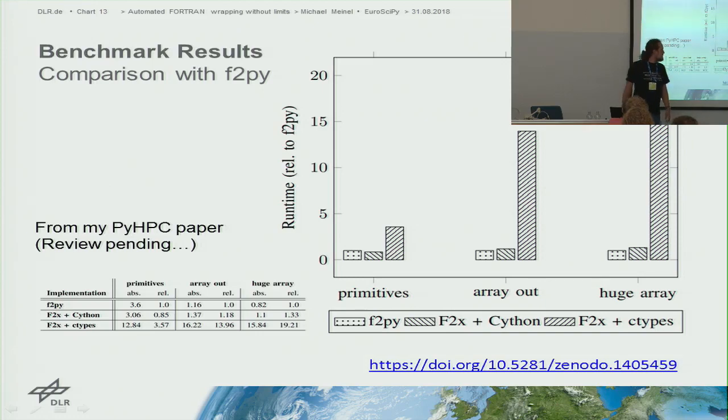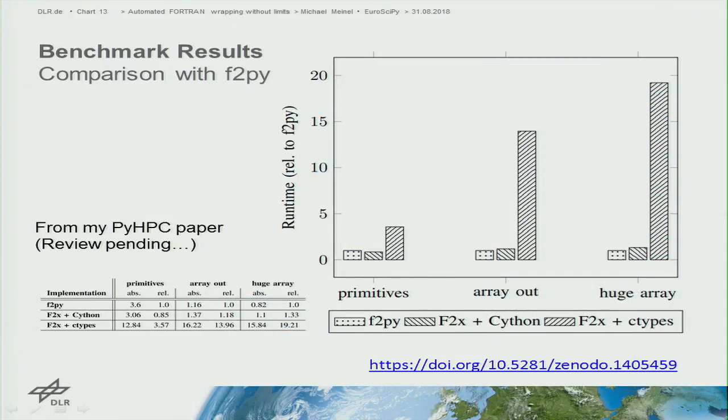Well, I also ran some benchmarks, and okay, it's not a big surprise. If you use ctypes for accessing C code from Python, you get really slow, especially if you have to deal with arrays or huge arrays. Even if you use NumPy for the arrays, it's still a bit slow, but I had some experiments conducted with Cython. So there is the first preliminary Cython template, and it's on par with F2Py right now, partly even a bit faster.